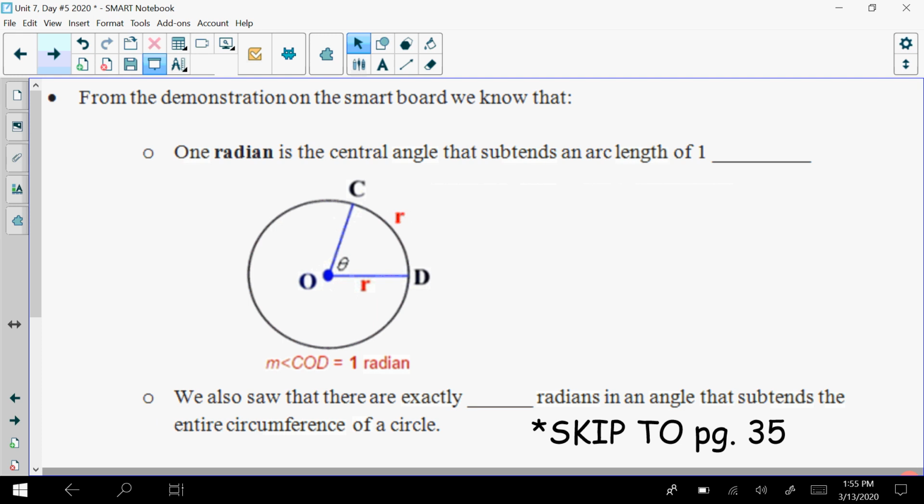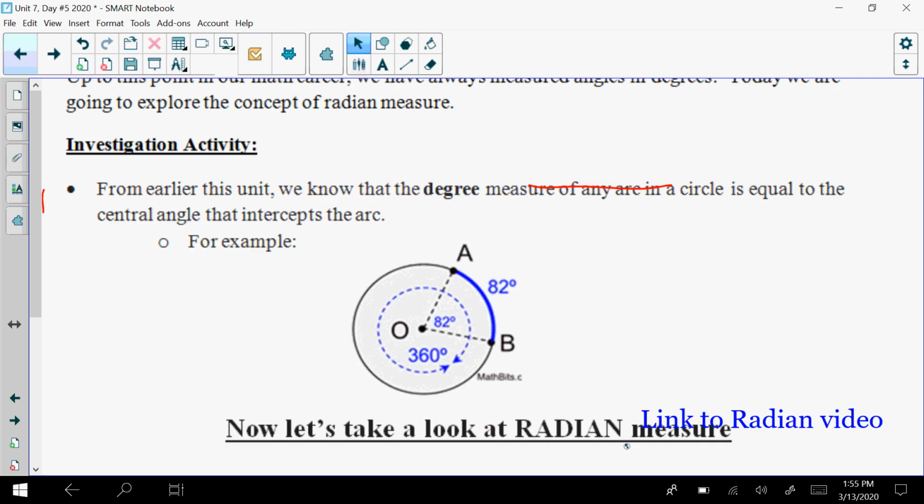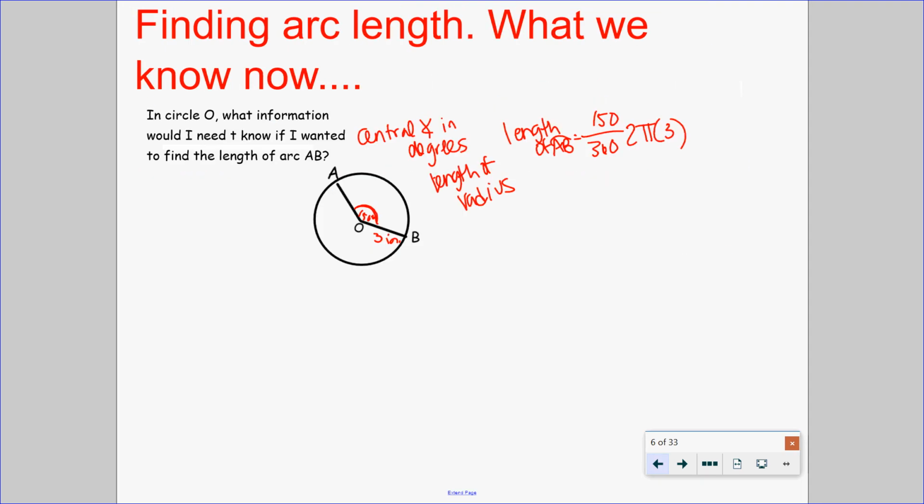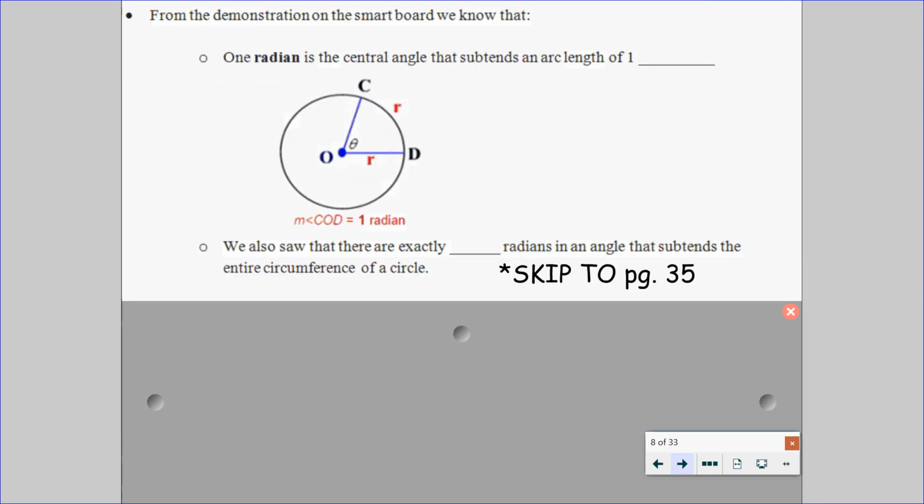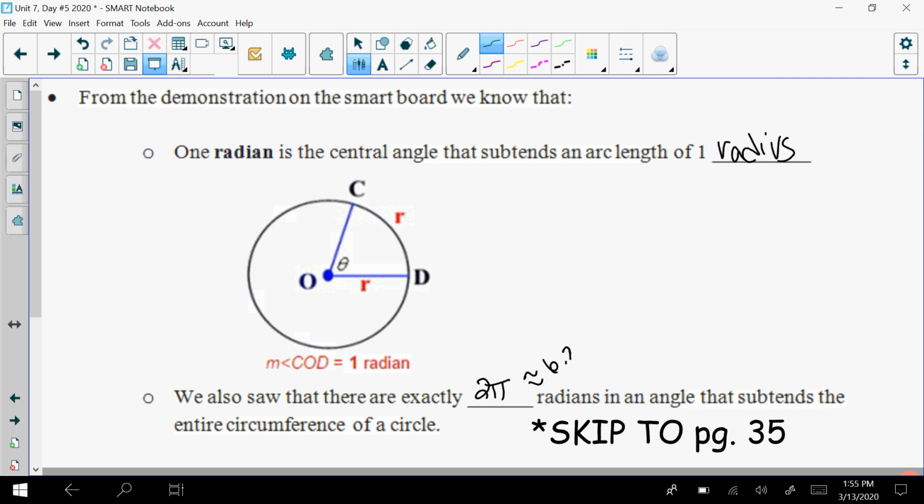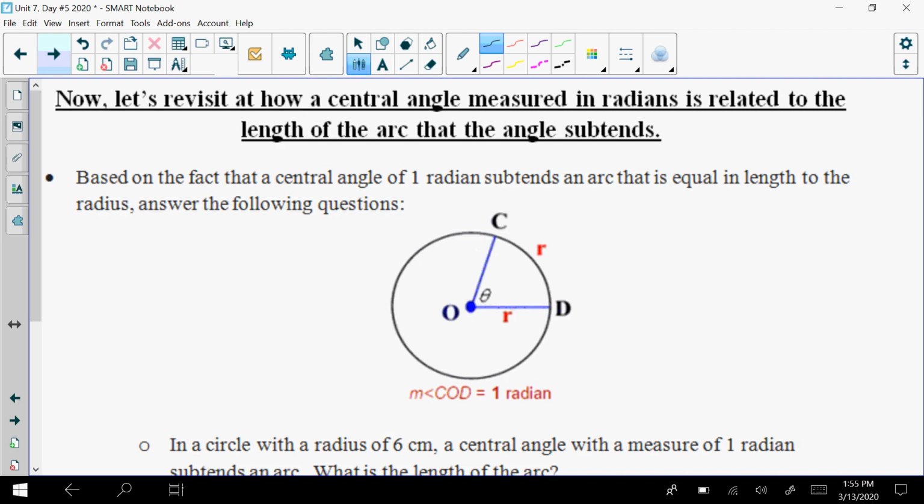And so we just saw that one, I think we are skipping to right here. It says 1 radian is equal to the central angle that subtends an arc length of 1 radius. And we saw that exactly 2 pi radians, which is about like 6.2 radiuses, fit around the circumference of an entire circle. So I'm going to have you skip to page 35. And don't worry, we'll come back to the other stuff. So on page 35 here,